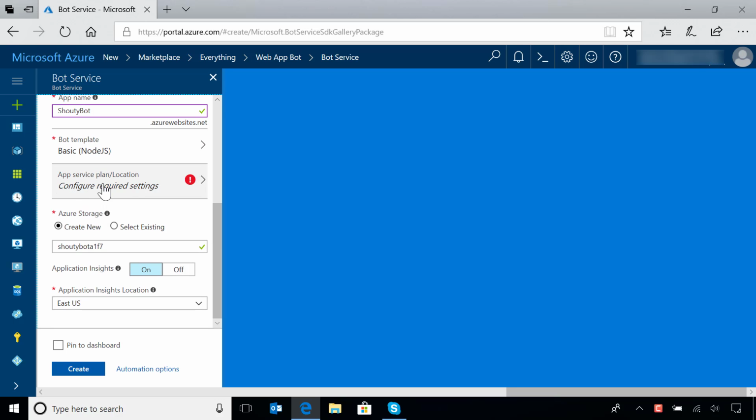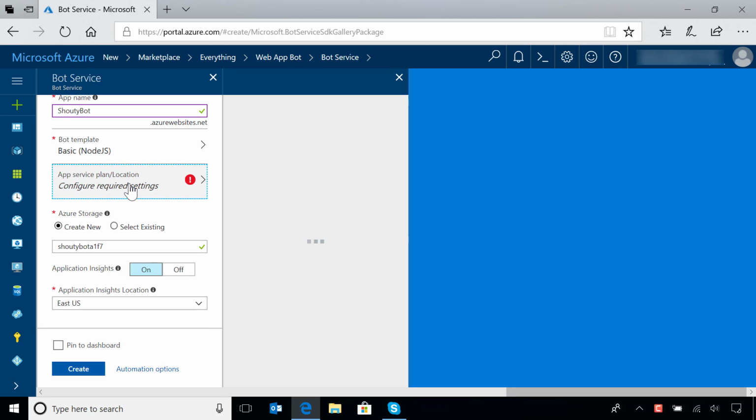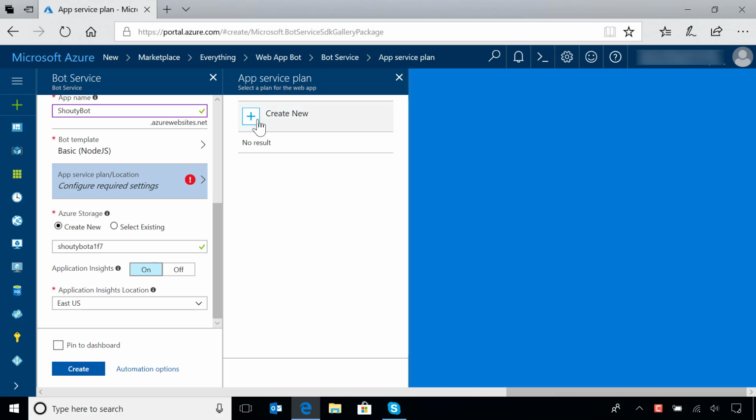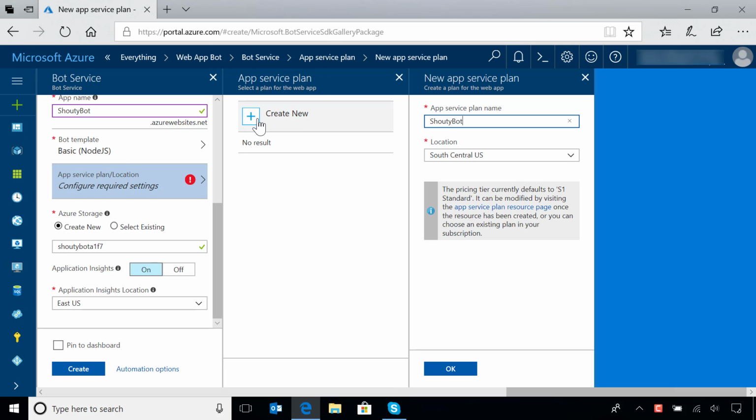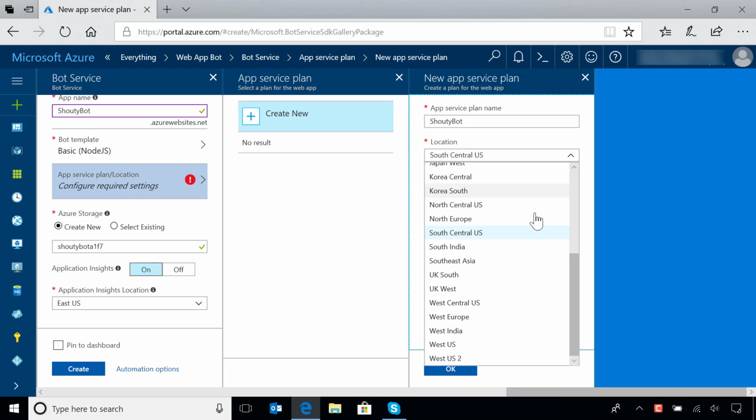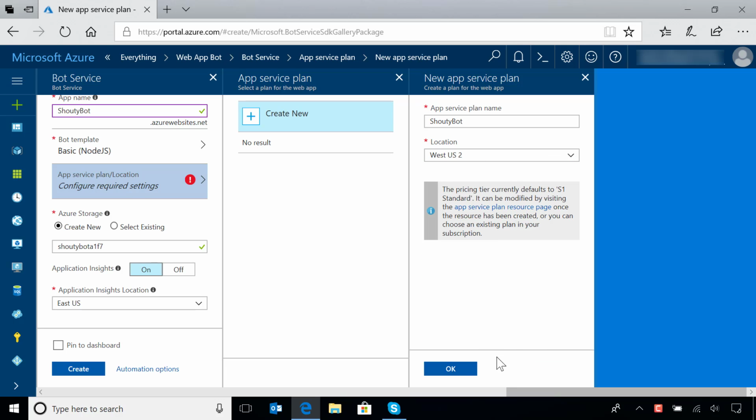We need to set the service plan location. We need a service plan in order to pay for our bot. Now, obviously, I've chosen the free tier, so we won't be paying very much. But I still need to set up a service plan. So we'll set that up. And just to make life easy for myself, I'll put that in the same location as I put the bot